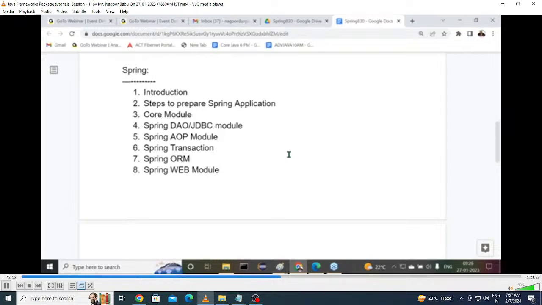Outside, maybe so many developers are available, so many students are available, so many students have completed the total Java, complete Java, full stack Java. But the learning approaches are different from person to person. One category of persons, they don't like these introductions, they don't like this theory, they don't like anything. Directly they want to go for the program.